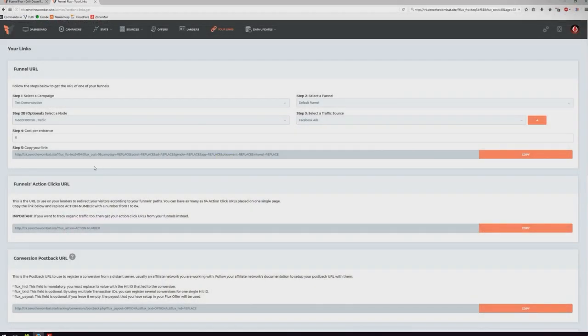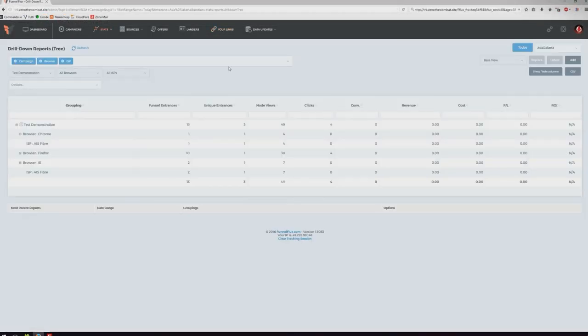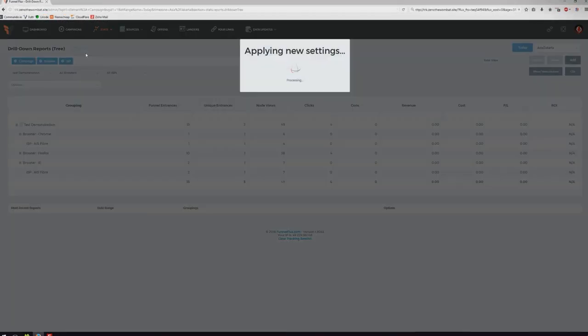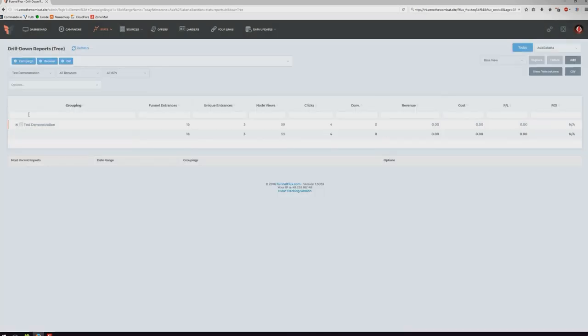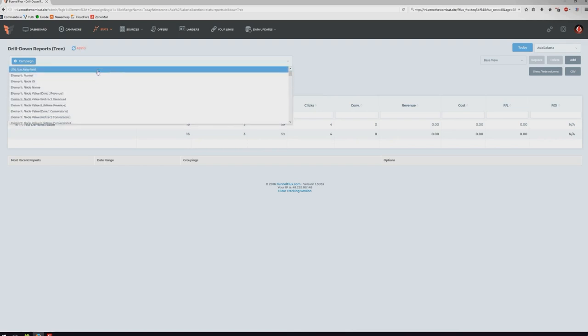Okay. Now if we go back to our actual drill down report and we refresh, you'll see some more visits come in, a bit more than 13, now 16. Let's say I now want to break this down by a traffic source token. I can just write tracking